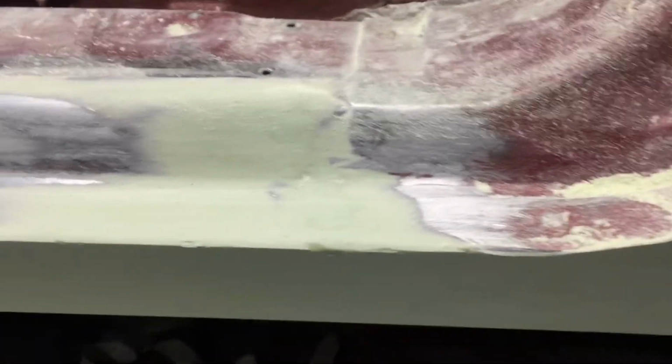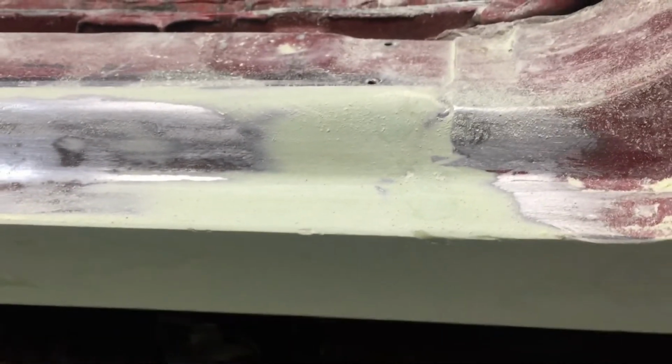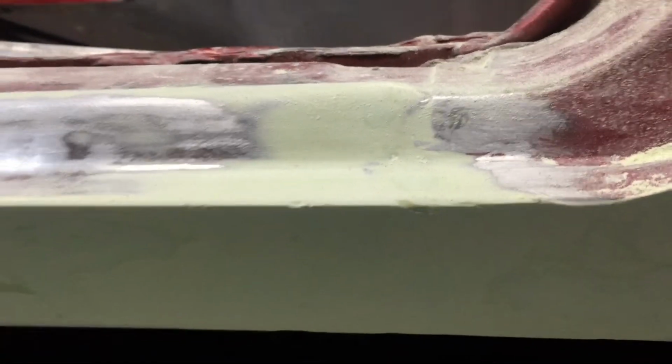I wanted to keep a hint of that body seam, so I hand sanded it and kind of contoured it to show the way the factory may have left it. But when it comes to the painted surface, I want to make this as flat as possible. Now that I have all of the filler down along the bottom, the rust issues all taken care of, the rocker panels all taken care of,